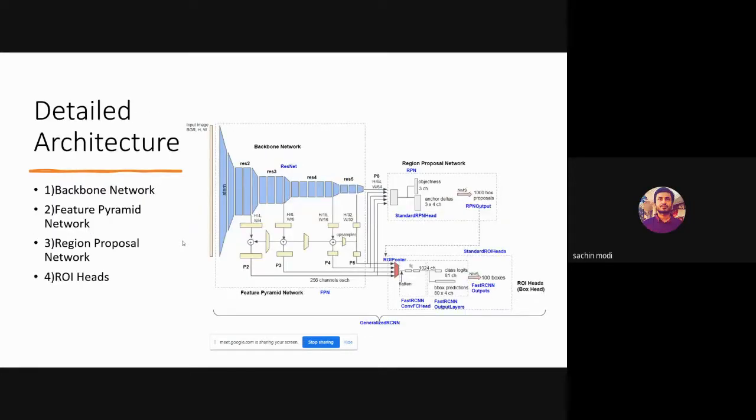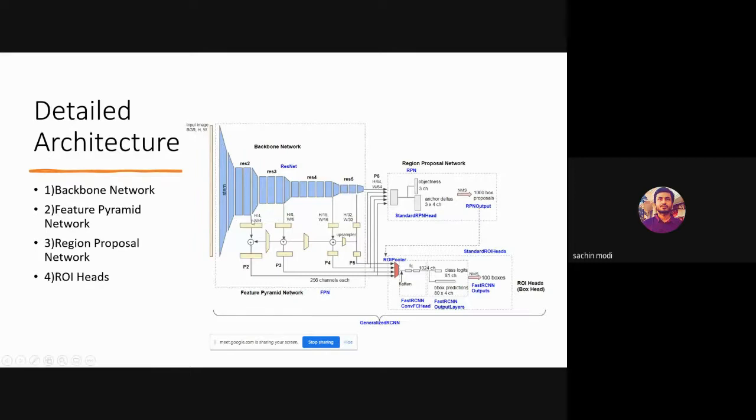This is a more detailed architecture. So we have the backbone network, and then a region proposal network that I already talked about. We'll go into each of these blocks in detail. You see, we get feature maps at various scales. Suppose the size of my input image was h comma w.